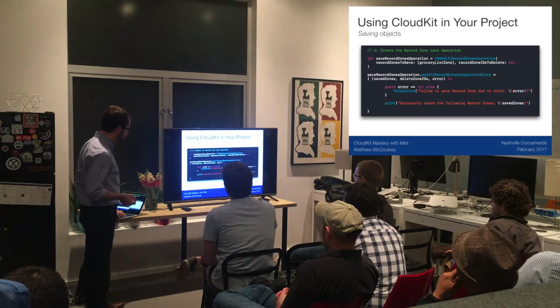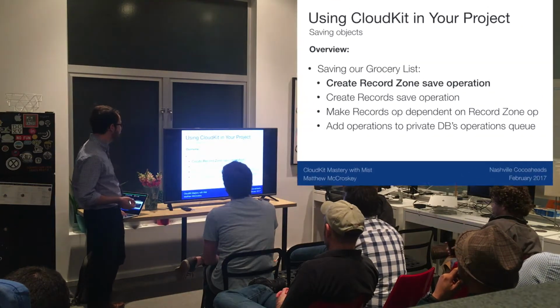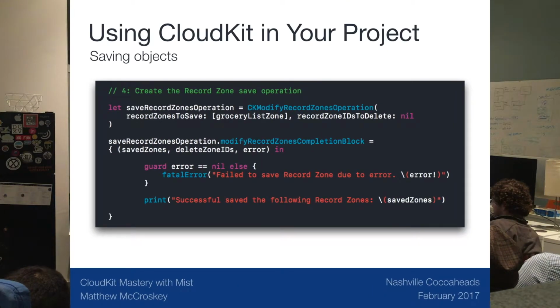So let's talk about creating our record zone save operations. As I said, we want to modify record zones. So it's a CKModifyRecordZonesOperation. We provide the record zones we want to save, which is an array. In this case, you only have one, that grocery list record zone. And then you can also do records you want to delete at the same time with this operation. We don't have any, so that's nil. And then it just has one